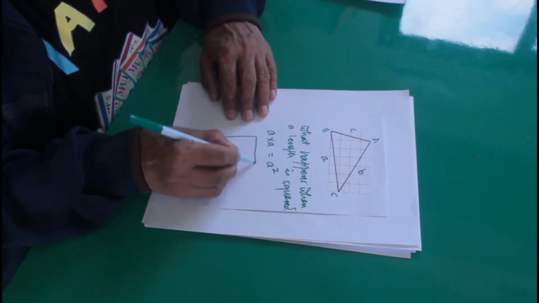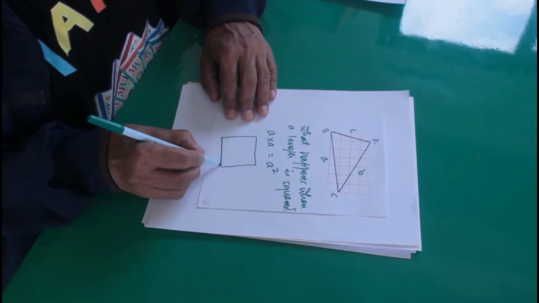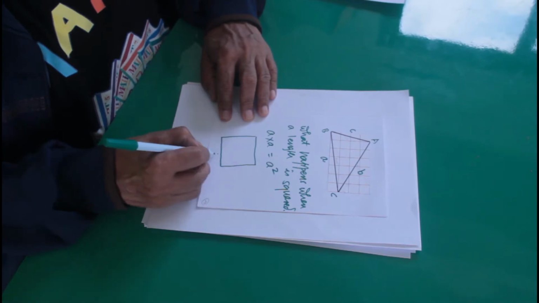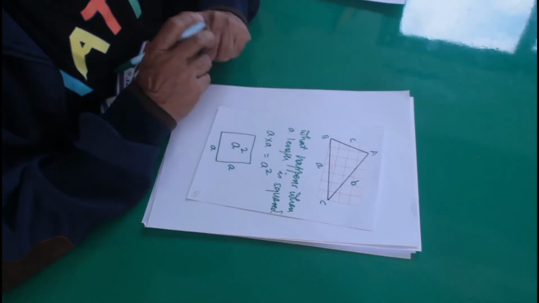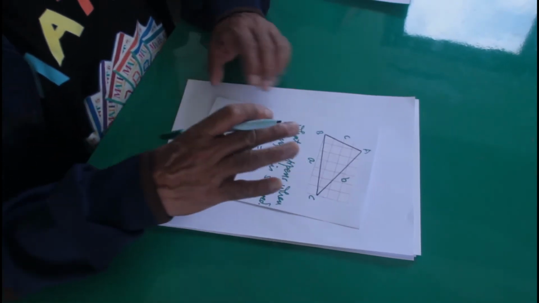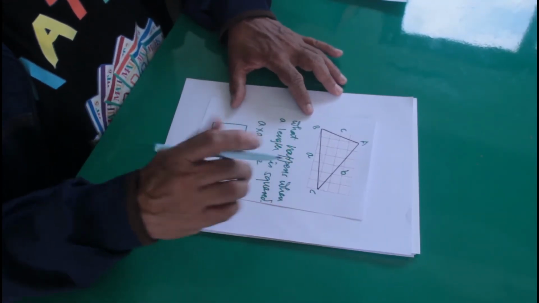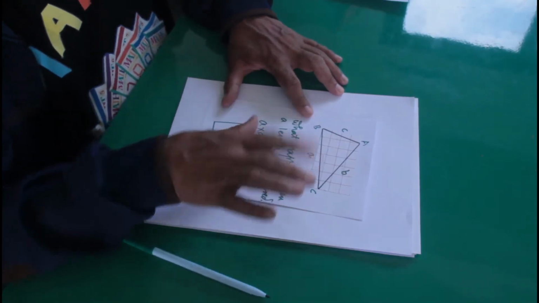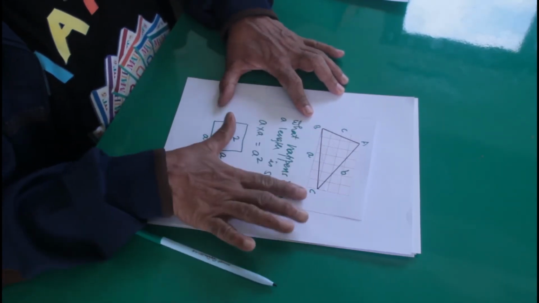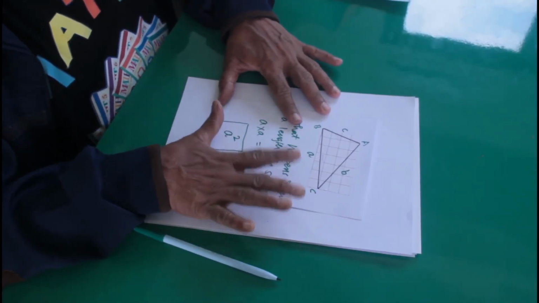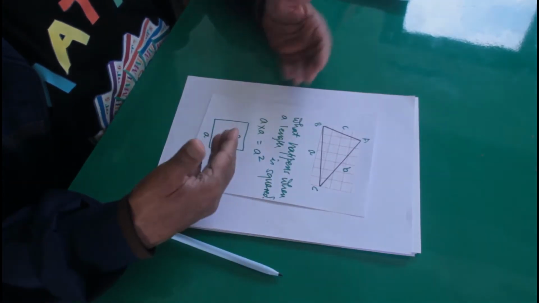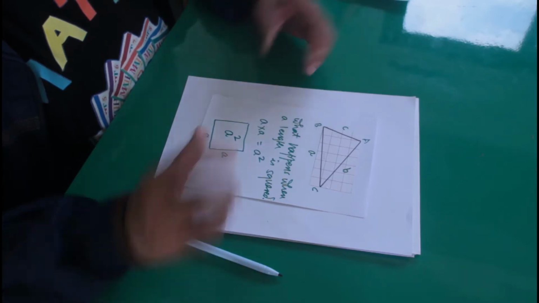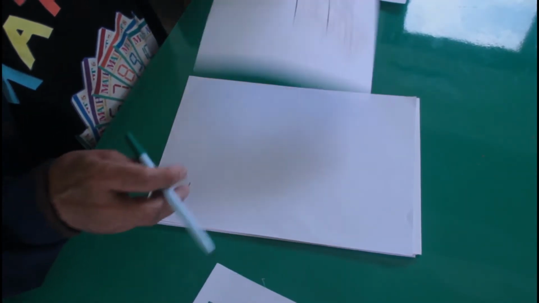Area of a square: this is a square, and if its sides are multiplied together, we get the area as a square. So Pythagoras theorem relates the squares on the sides of a right angle triangle, and we are discussing today what happens with other different kinds of triangles. Let's see that way. I have a triangle over here,